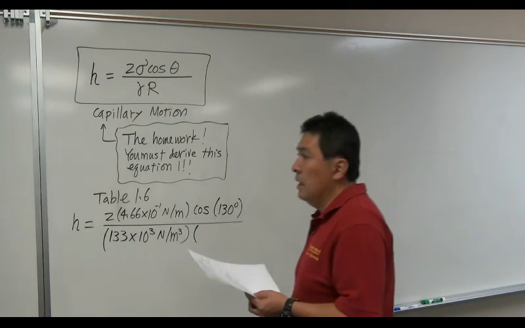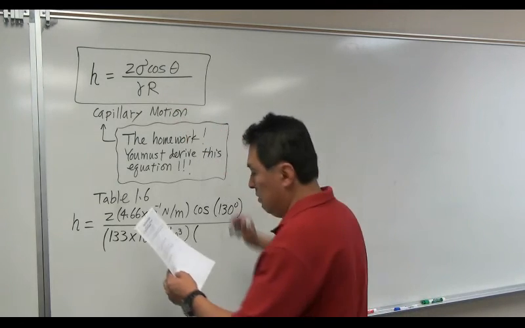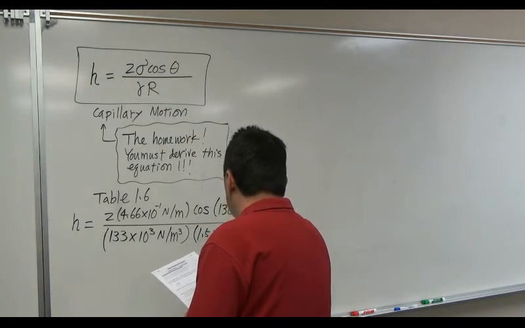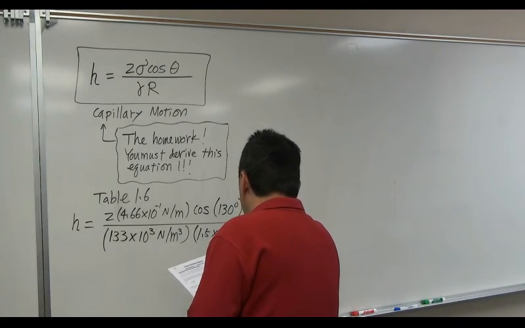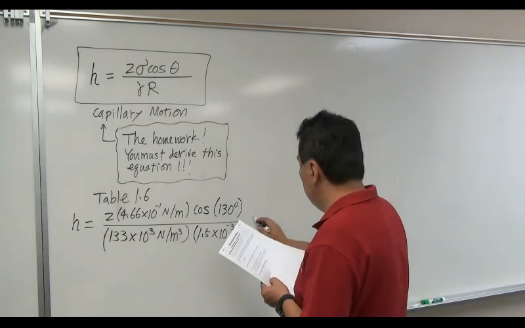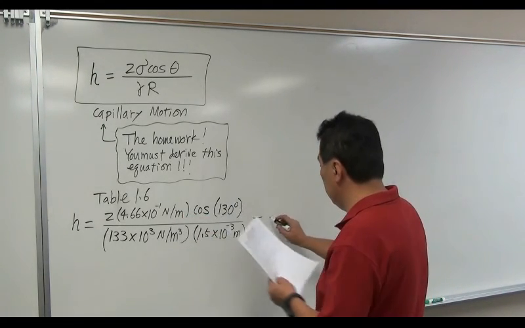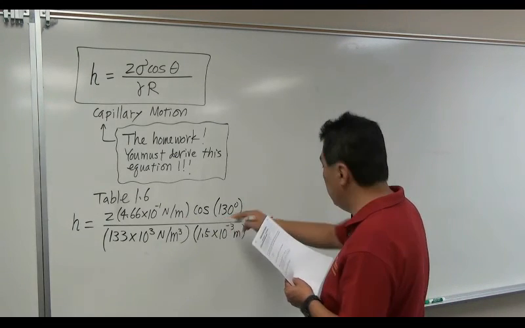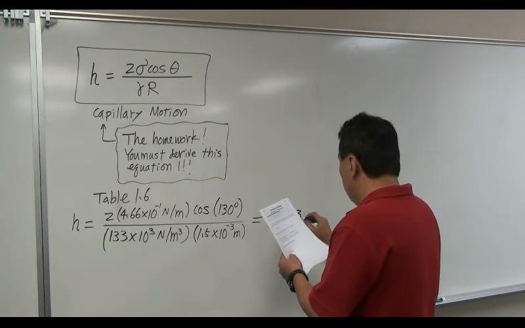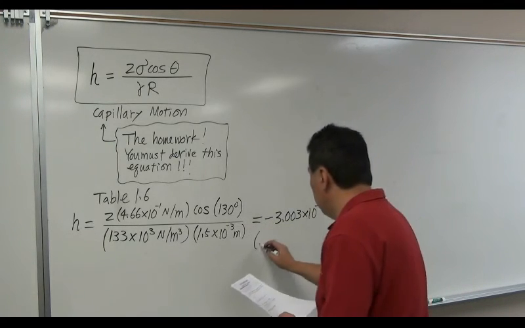Let's be careful. The diameter of the glass tube is given. This is a radius. So the diameter is 3 mm, the radius is 1.5 mm. I convert it to meters. Make sure you stick with the standard units. So if you plug in those numbers, you're going to get a meter value, which is negative. Cosine of this angle is negative, so the answer is minus 3.003 times 10 to the minus 3 meter, which means